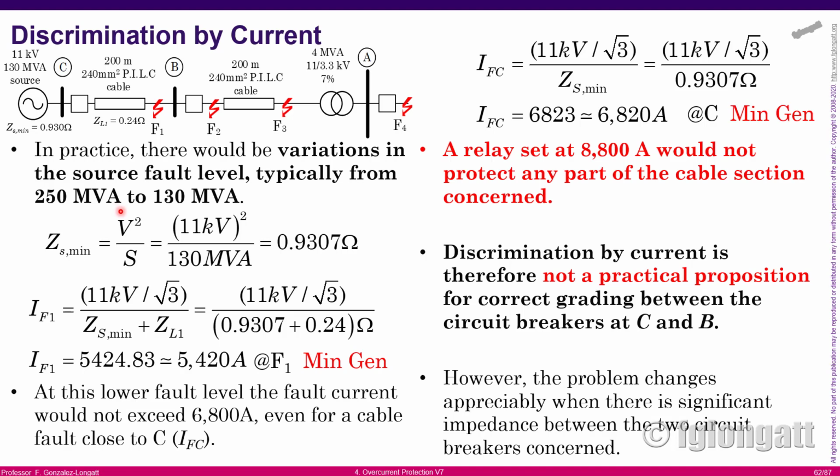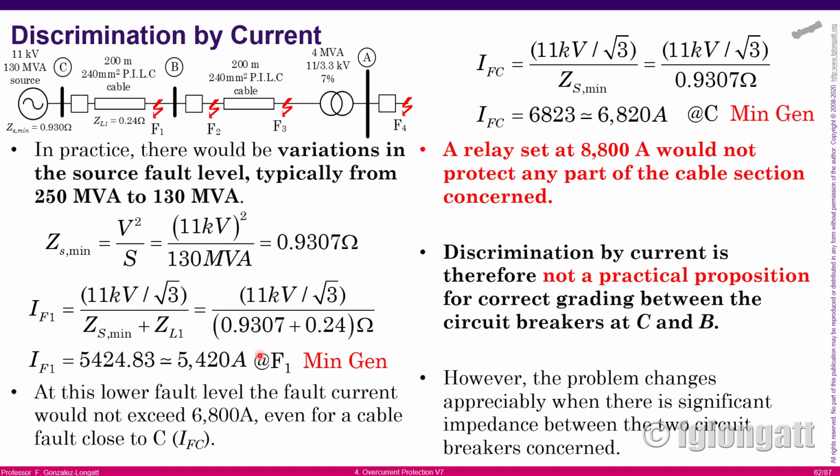In this case, this is the equivalent impedance. This is a reactance for the supply or generation impedance, and we know the impedance of the transmission line,